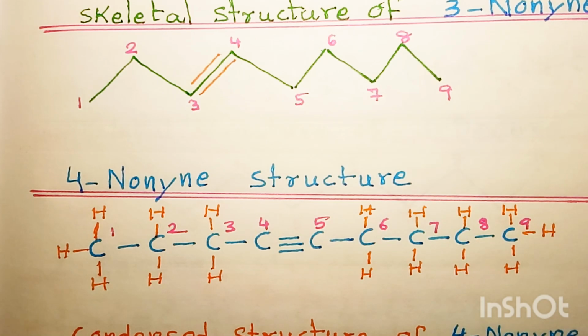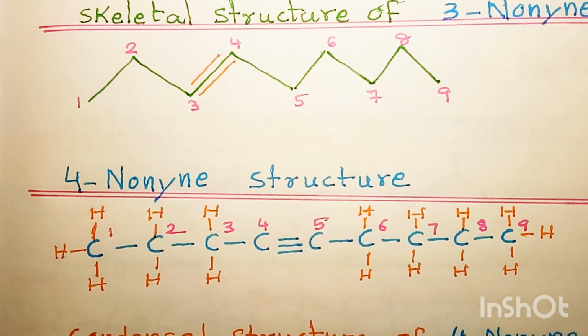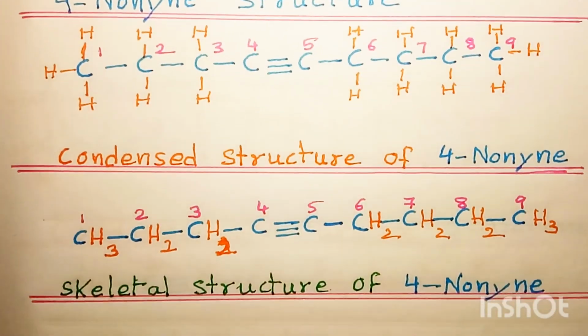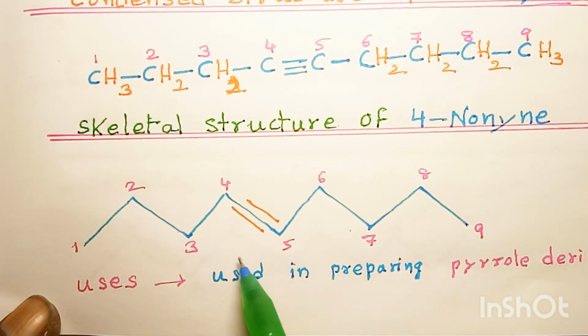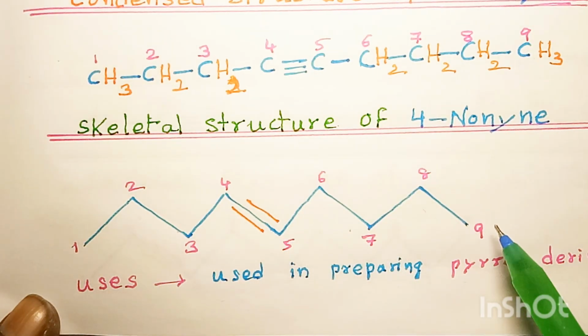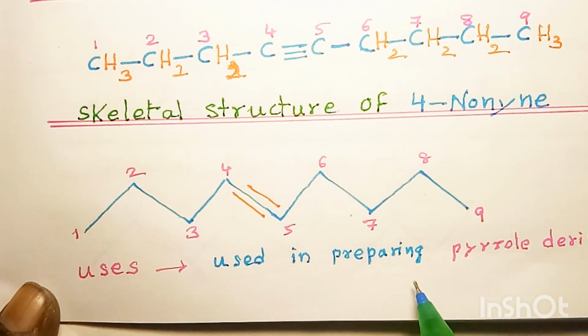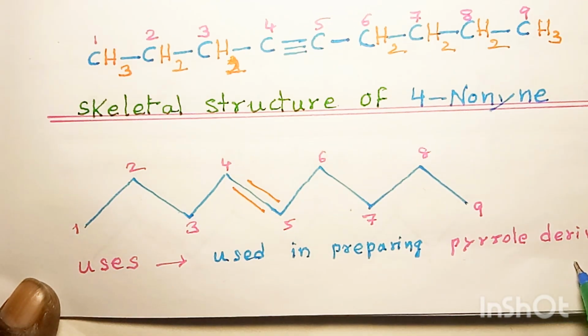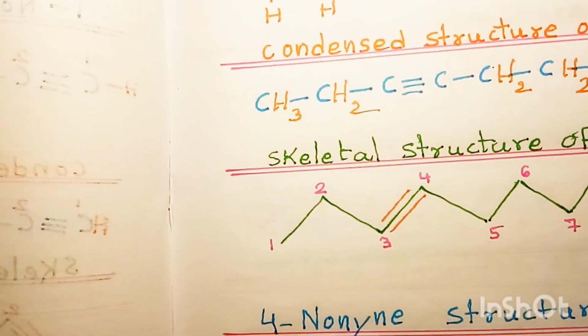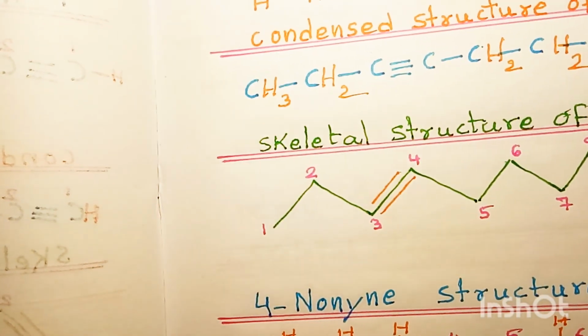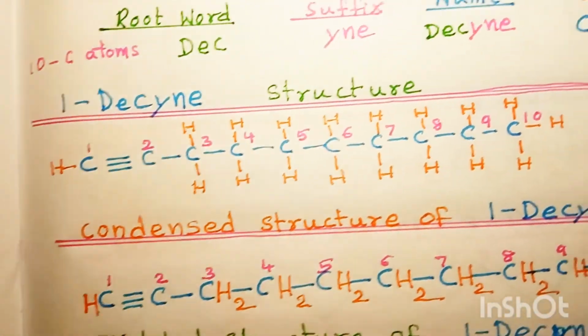It is used in preparing pyrrole derivatives. This is the skeletal structure of 4-nonyne. Nonyne is used in preparing pyrrole derivatives. Let us see the next member of this